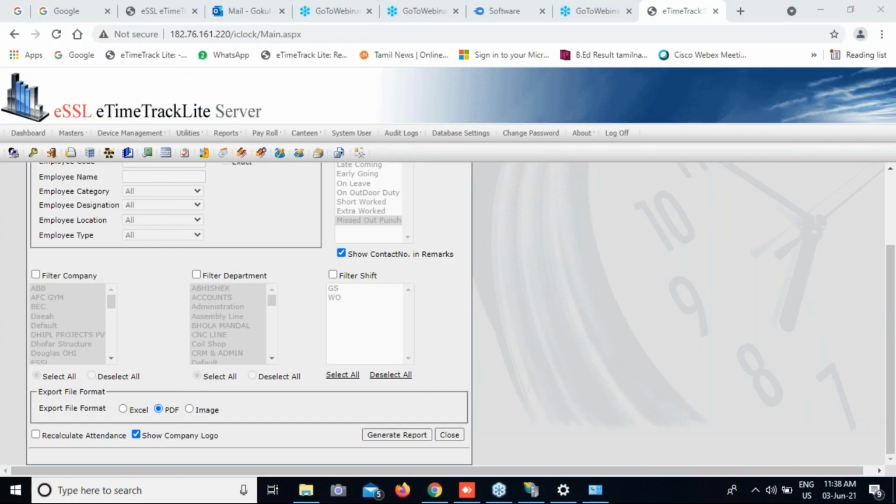It won't create one more duplicate in the machine. It will keep the existing employee details in the machine and reject the duplicate one which you uploaded recently.